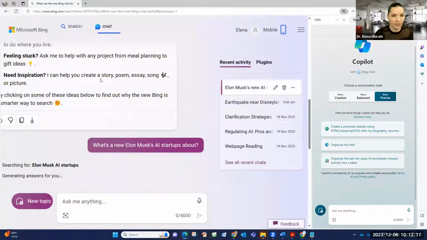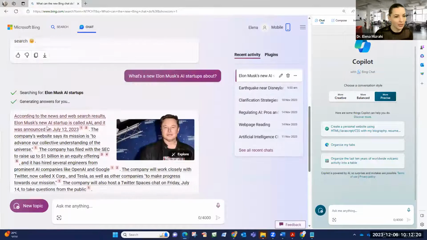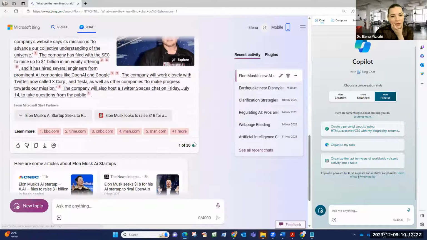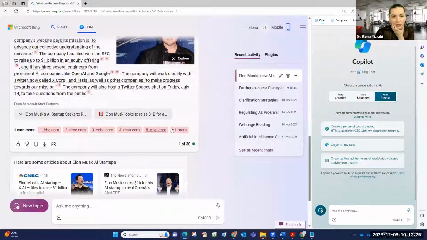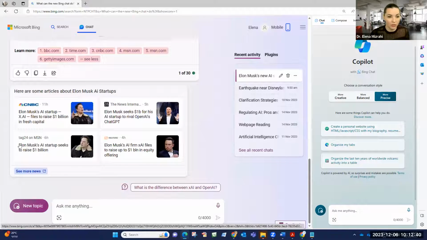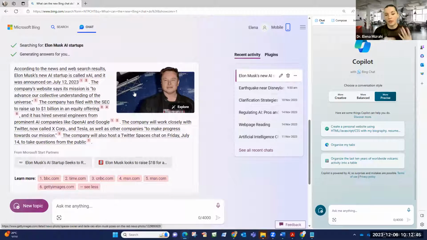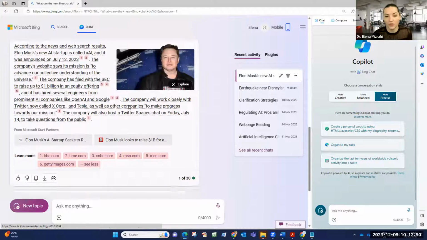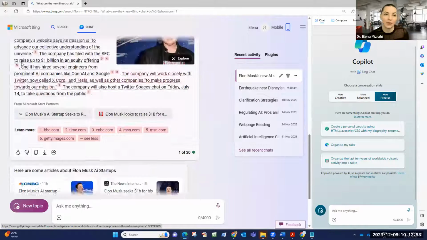But let's now ask the same question in Perplexity. So what is maybe the disadvantage? How many sources do we have? We have a few sources here, and we can check the information. We have about 5 articles and the image. We can also check whether the information written here is correct, so we can go back to the original source and double check. We can also click on the article straight from Bing. So this is a new way of searching for answers, where we get an answer and also a clickable reference to the articles.